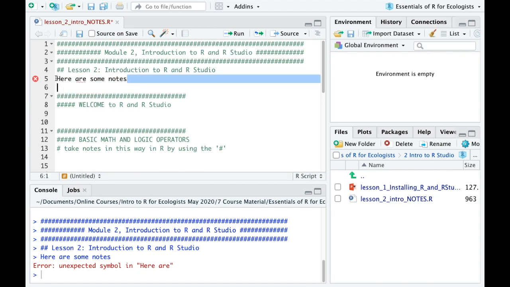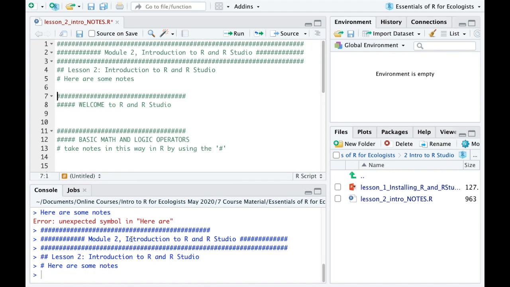So instead, if you just put a little hashtag, hash or pound sign before it, just like I did with all of these other section titles, when you run it, it'll still pop up down here, but R won't interpret it as actual code. So you can use that from now on to take notes and enter in code as we go along. All right, so let's move on now.